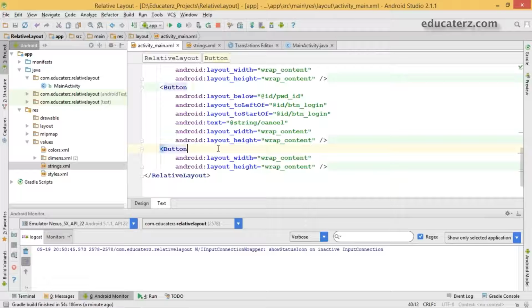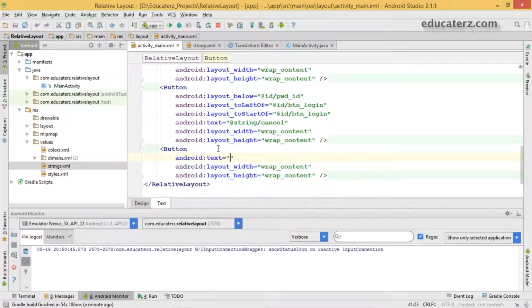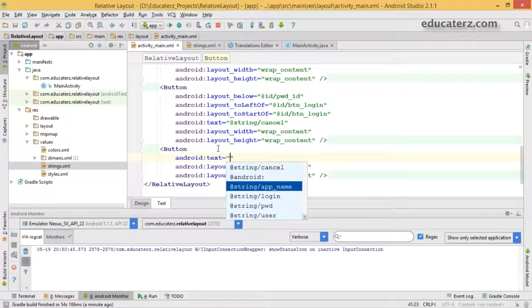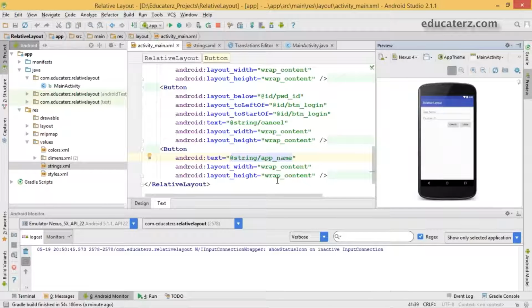There must be some label for the text, so for the button I'm just taking the application name so that it would be easy for us to understand. Have a look at the preview mode. By default it has been placed at the top left corner.